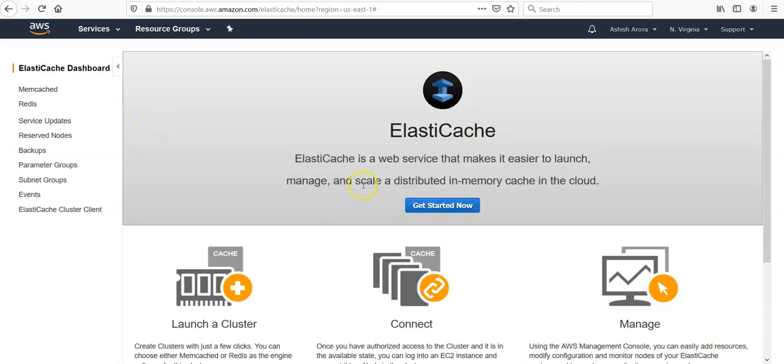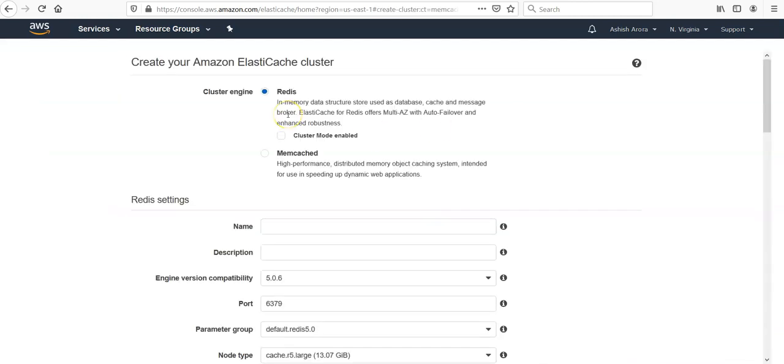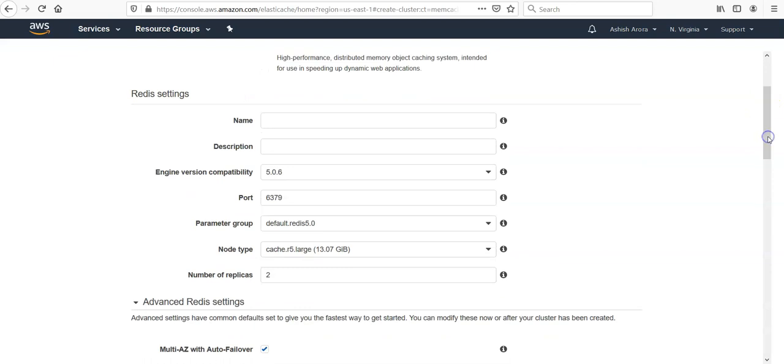So under here, I'm going to click get started now. I'm going to select the Redis cluster engine as Redis, and please make sure that the cluster mode enabled scale out is not chosen. I'm going to uncheck it. In the Redis settings, type a name of the cluster. You can mention test